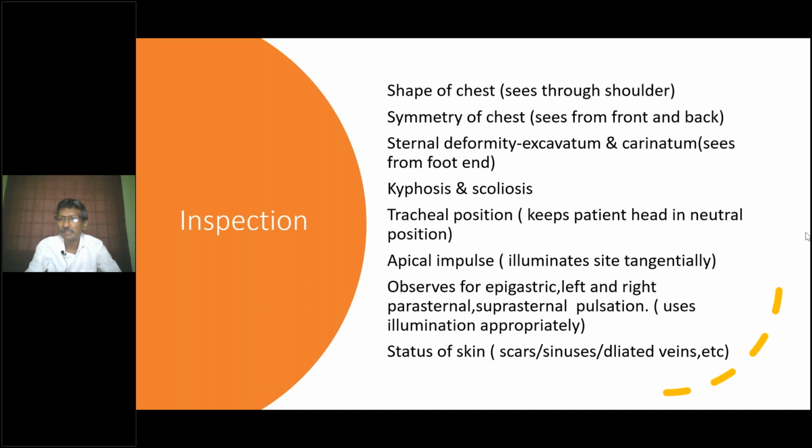Okay. So then I'll just check if there is any other question. Could you please repeat the causes of, okay. So Sania wants to repeat the causes of suprasternal pulsation. See, suprasternal pulsation basically occurs in all high volume states. Remember that. Anemia, hyperthyroidism, pregnancy, all high volume states, because the blood going to the aorta will be more. So the aortic arch will be pulsatile. In addition to that, aortic regurgitation also it will be prominent. One more condition you can remember is aortic regurgitation. So just remember all high volume states plus aortic regurgitation.